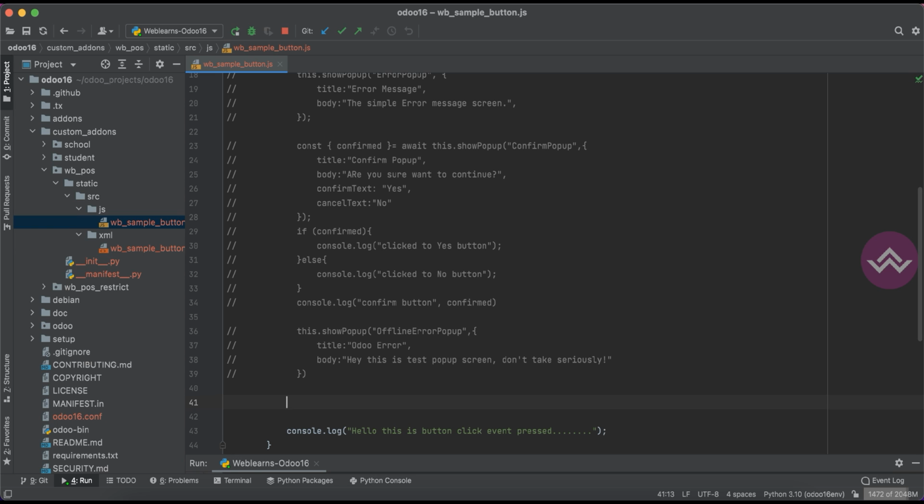Now we are trying to add one more pop-up screen, which is this.showPopup, and here we can just use the selection popup. Here we can use the title, right? This is the selection pop-up screen,